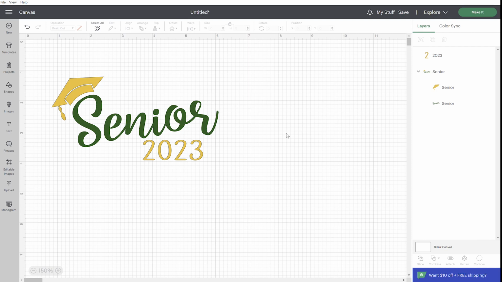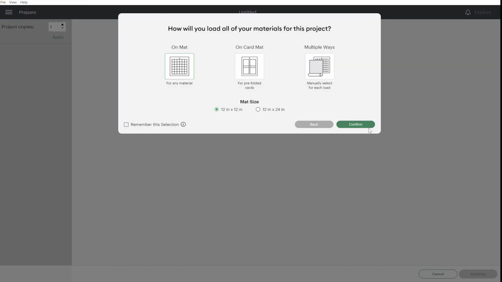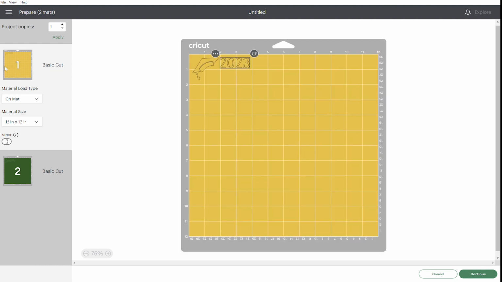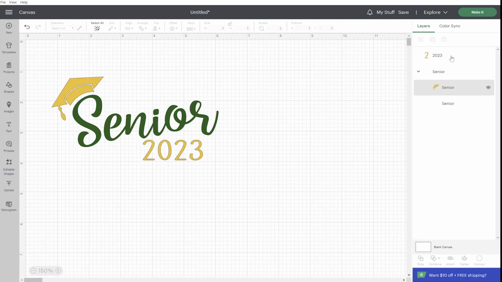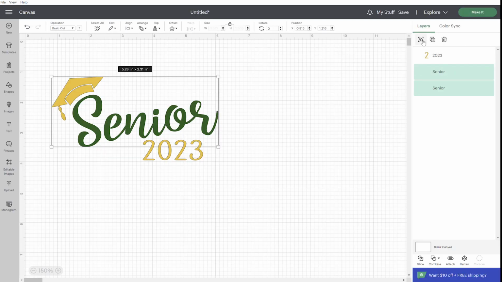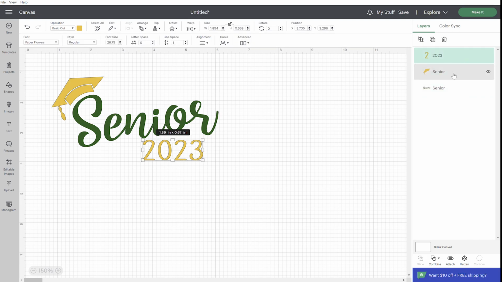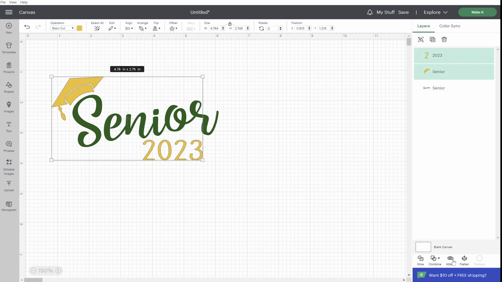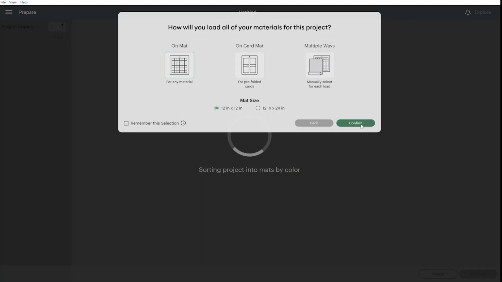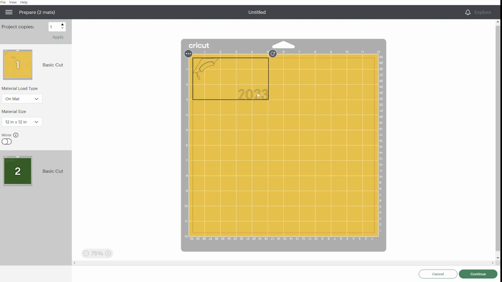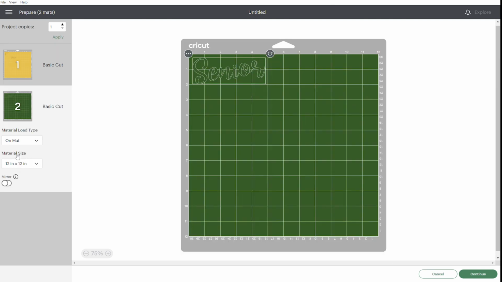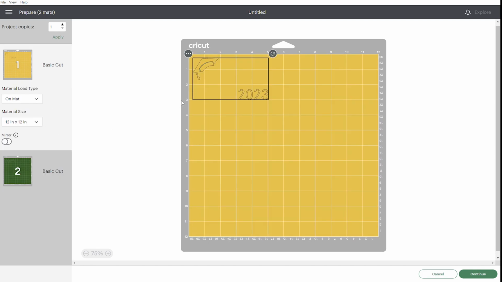And in case you didn't watch the other videos, when you go to make this, you're going to notice that everything cuts randomly. So if you want that hat in the 2003 to cut exactly where you need to press it down on your shirt, I need to ungroup those real quick. Then we need to make sure that we attach it with that yellow layer right here. That way when you go to make it, that's going to press exactly where you want it,